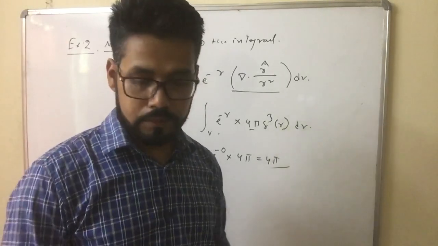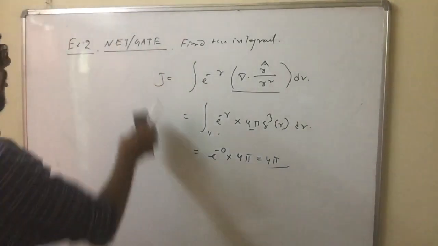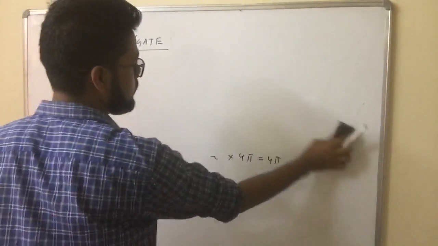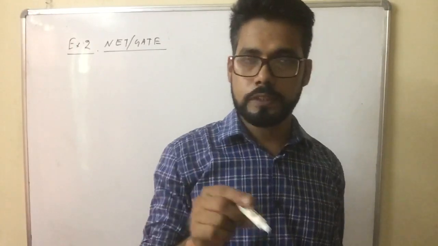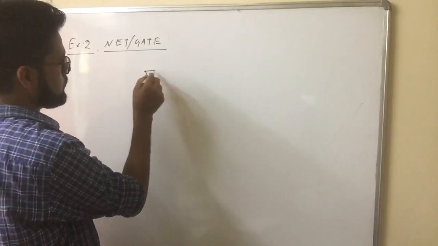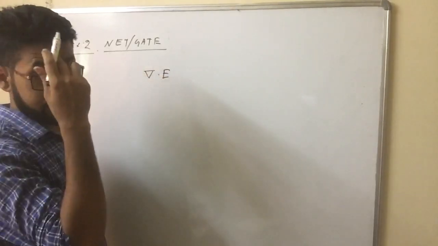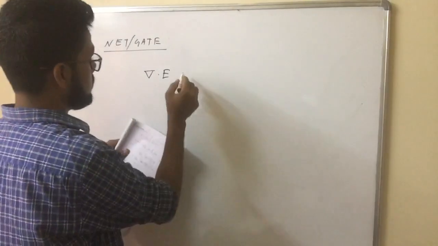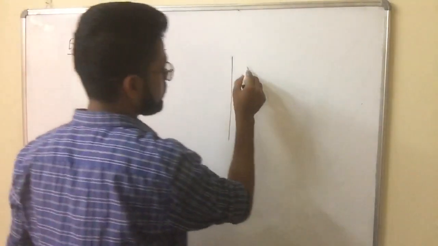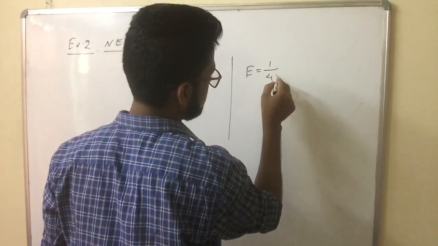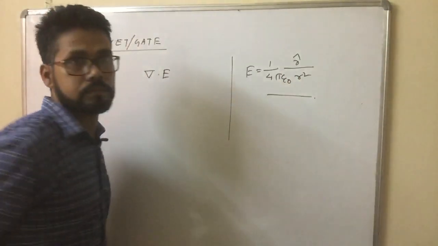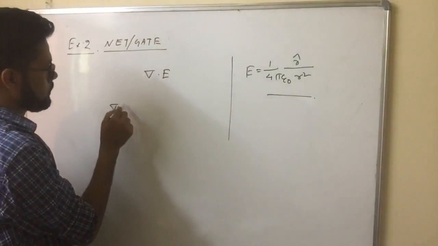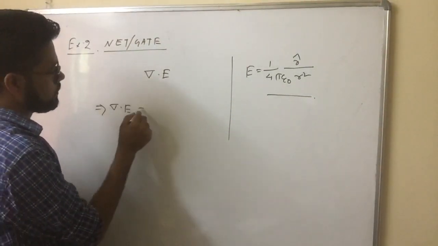This question also comes in some exams. The question is: express the Gauss divergence theorem. Which of the following statements is correct? The correct form of divergence: divergence of E is equal to how much? You know this formula, E equal to 1 by 4 pi epsilon naught, r cap by r square. So divergence of E equals divergence of